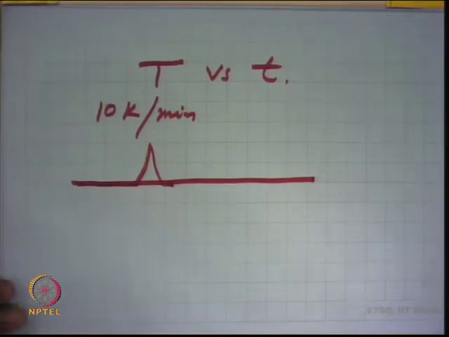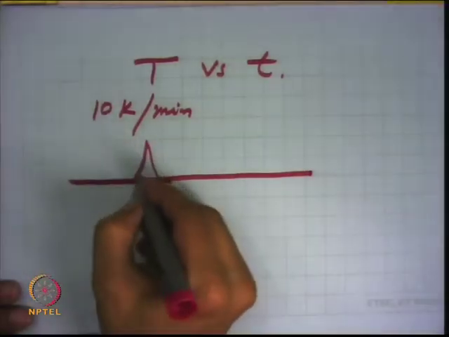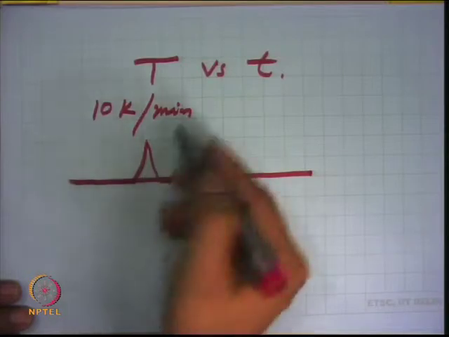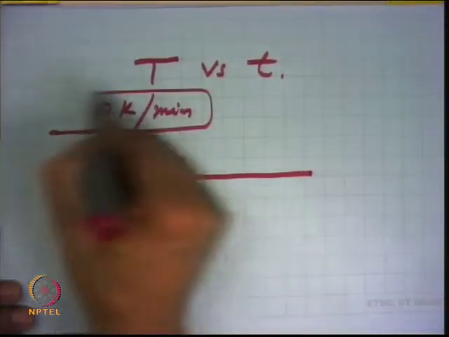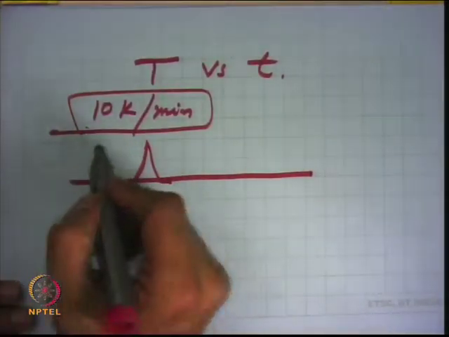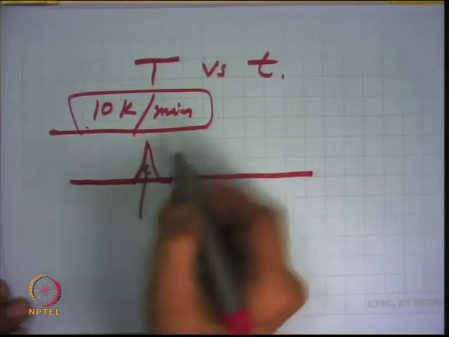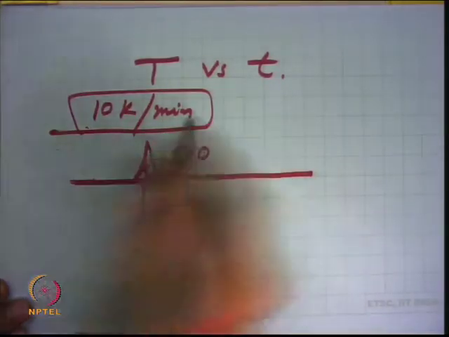Although the mass of the material is of the order of microgram, that delta T will be just of the order of 1 or 2 degrees, depending on the delta H for that. But you will see some kind of deflection in the temperature profile as a function of time. Actually, what you have given is, say, a 10 degree ramp, so you could have gotten a linear profile. But if you look at that profile, there will be something when there is a decomposition, weight loss or weight gain. You will have something like this, which tells that it is exothermic in nature.